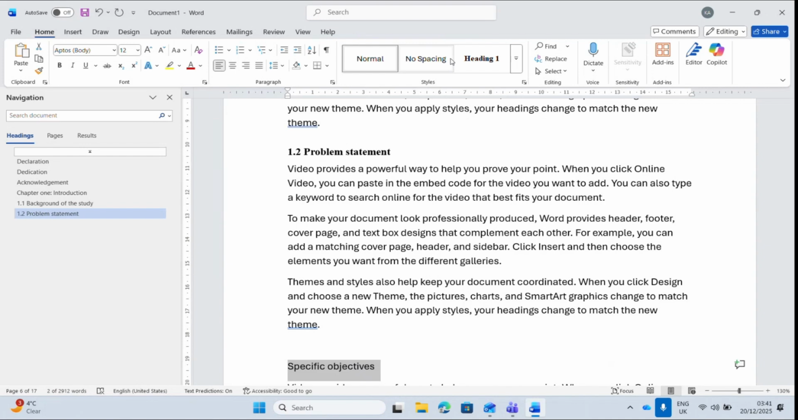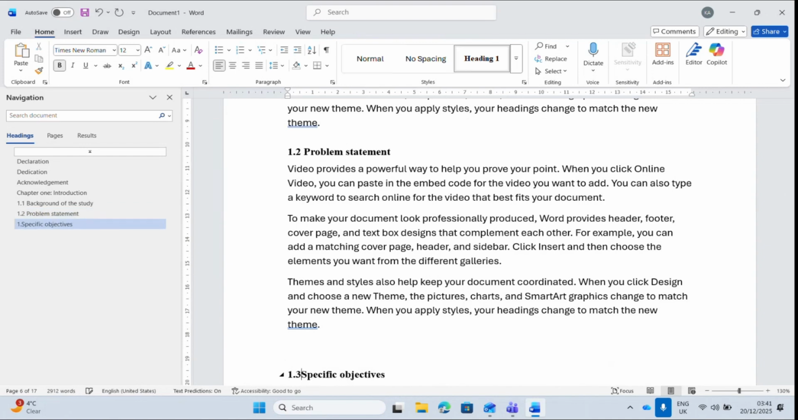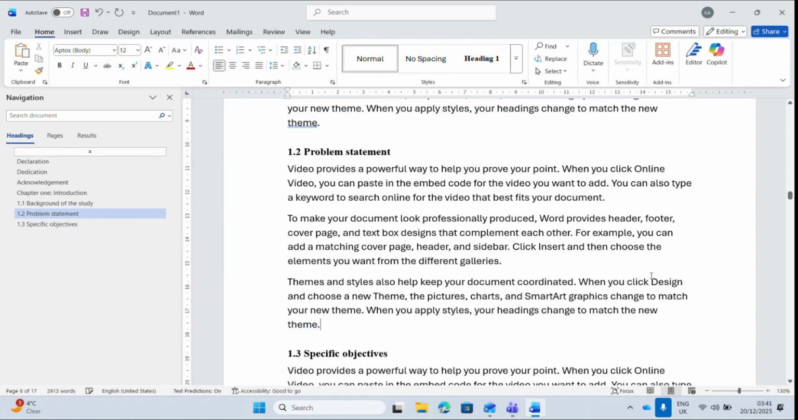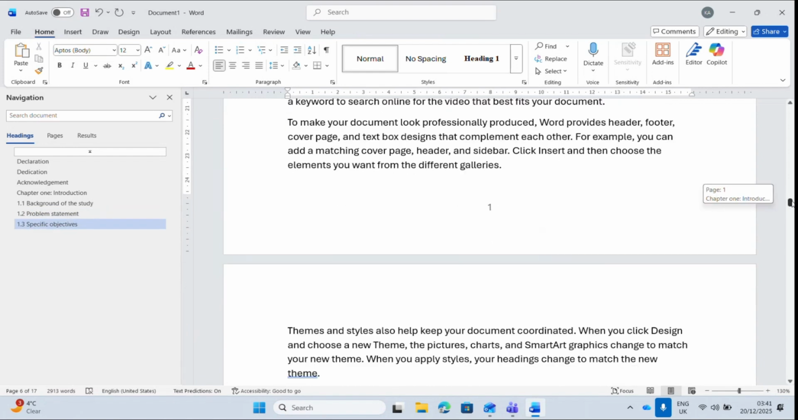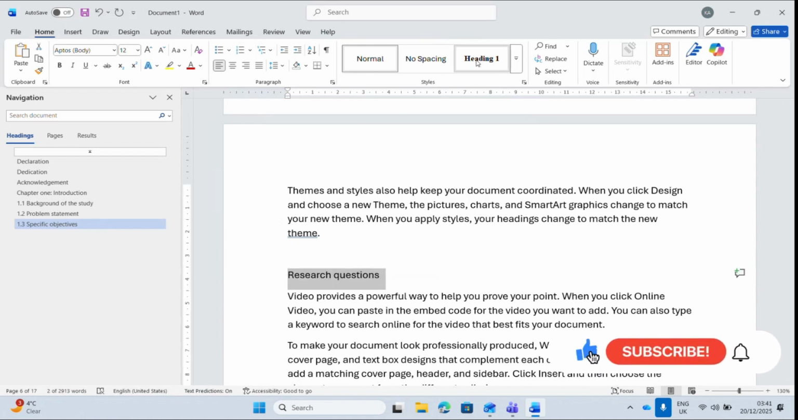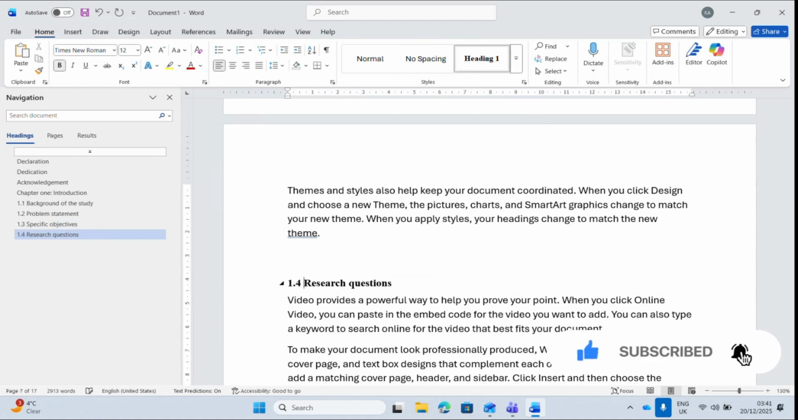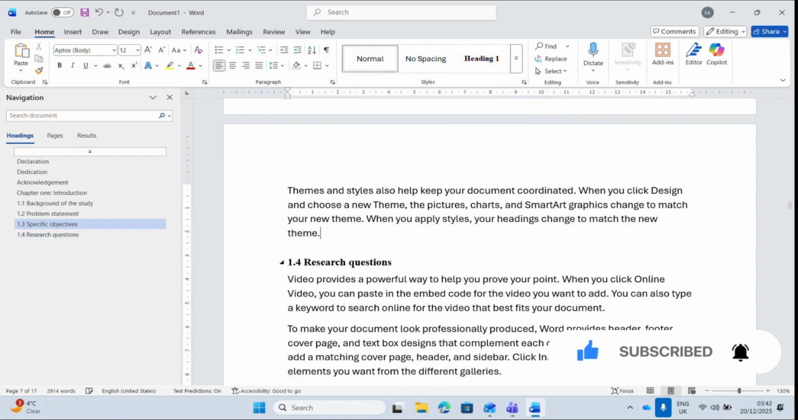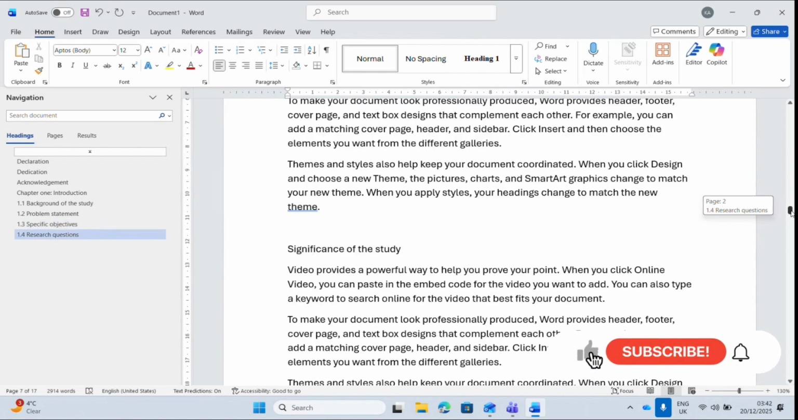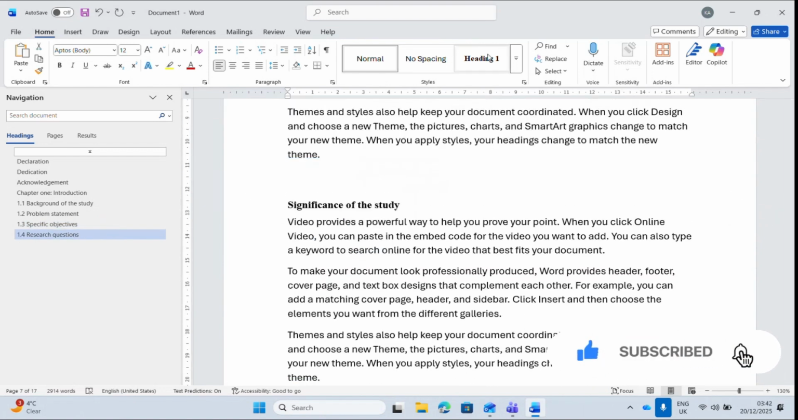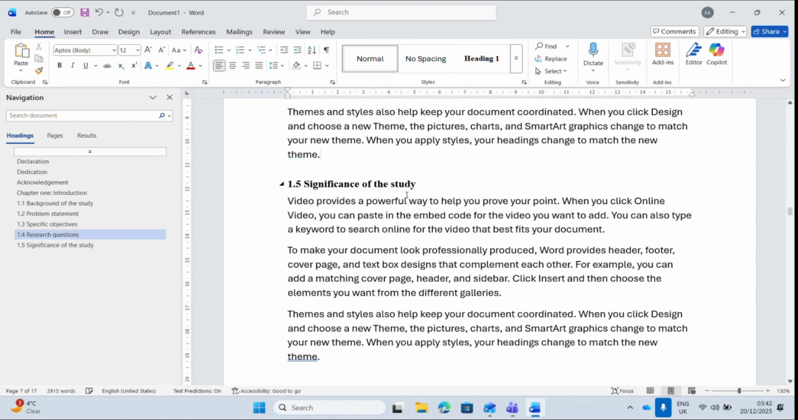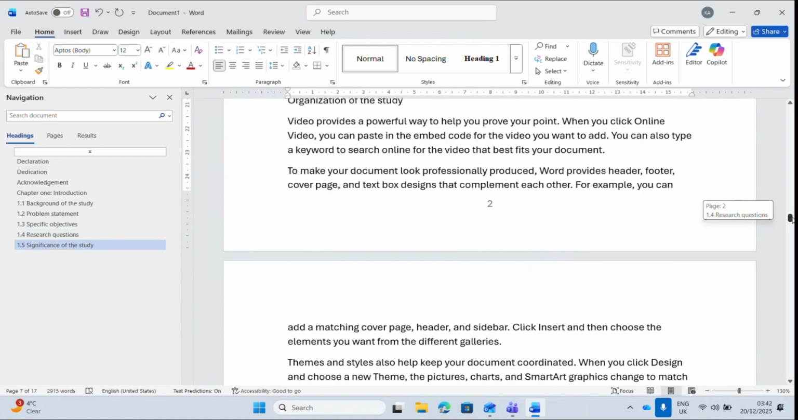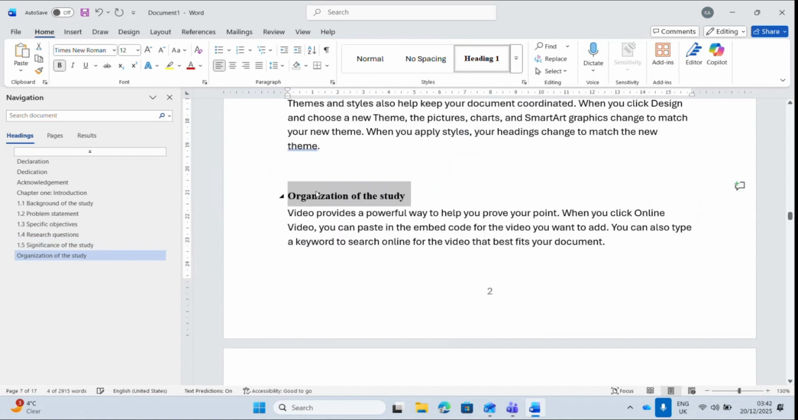Specific objective, 1.3. Research question, 1.4. Significance of the study, 1.5. Organization of the study, 1.6. So depending on the university structure, you can have more